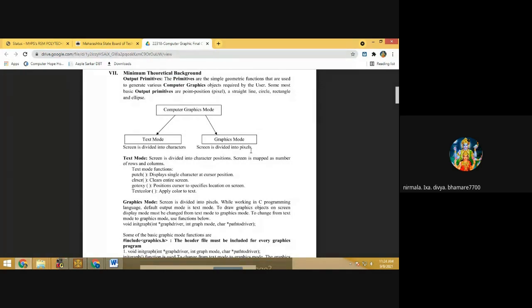Whatever you see on the monitor, how is it formed? With the help of pixels. The screen is formed with the help of pixels. So as we have seen, in text mode the screen is divided into characters, and in graphics mode the screen is divided into pixels.